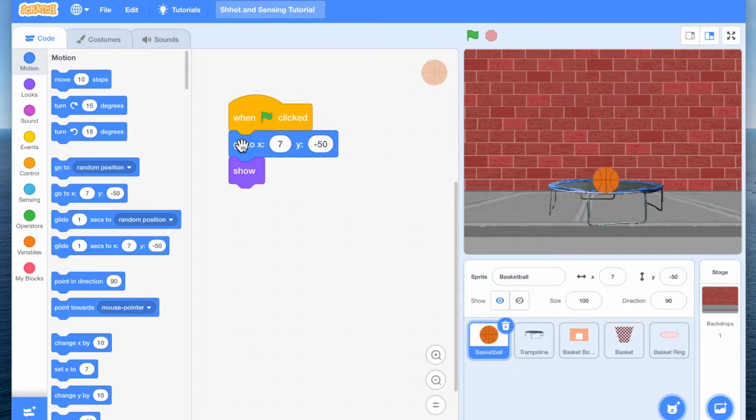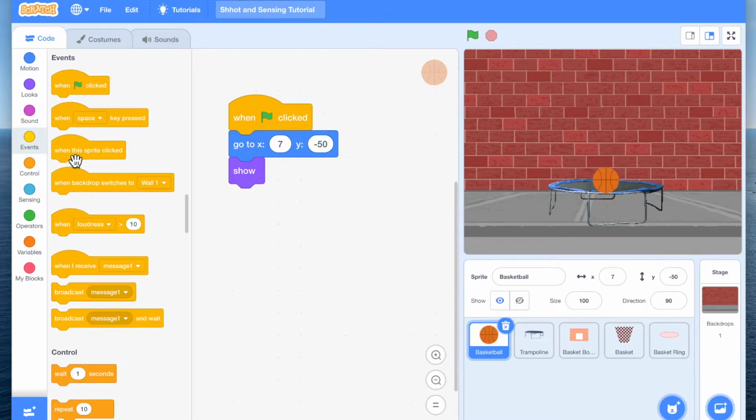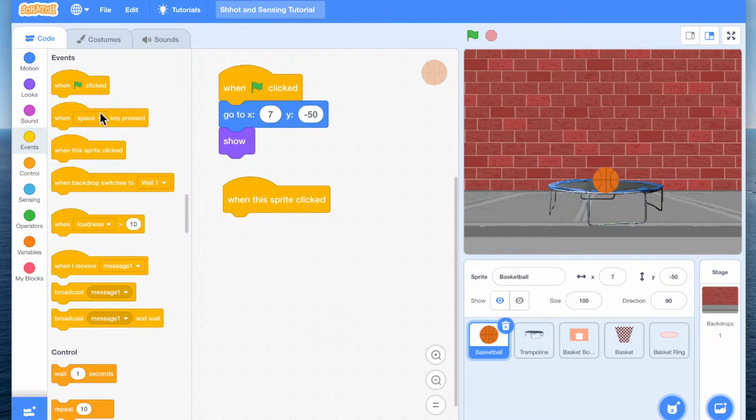Now what we want to do is, when the basketball is clicked the first time, it will bounce up and then it will bounce down, and as it hits the trampoline it should rebound up, right? So which event should we look at? When this sprite is clicked. So when the ball is clicked,